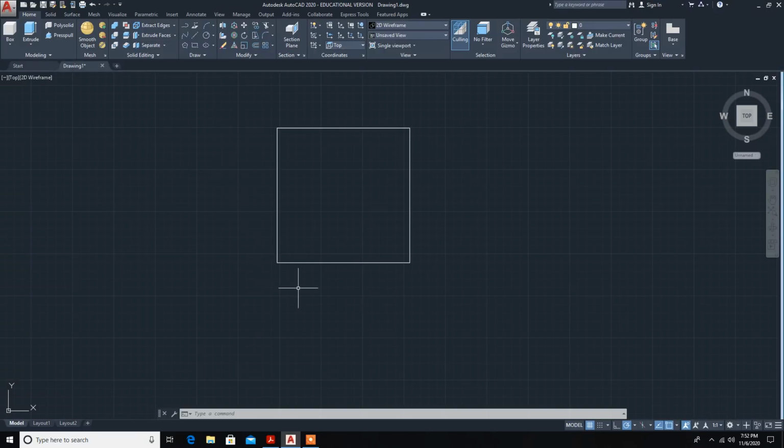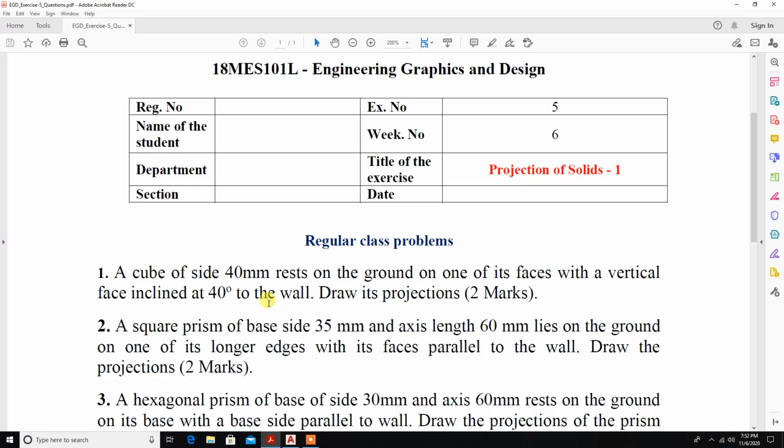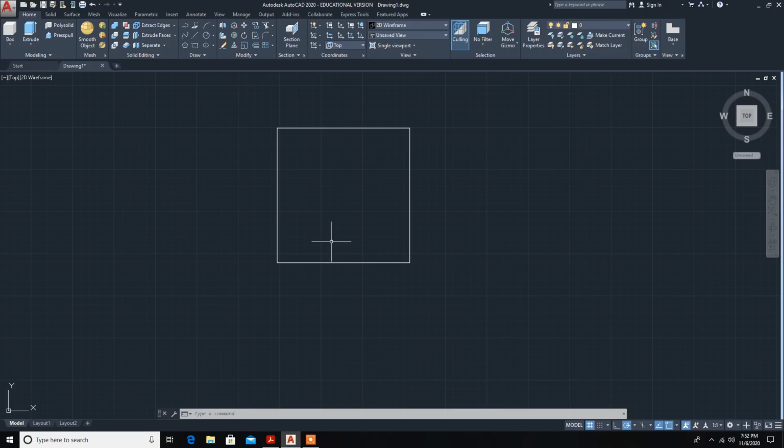Now, next part, here we have that the face is inclined at 40 degrees to the wall. So we have to rotate this cube to 40 degrees to the wall. So we will use the rotate command and rotate it to 40 degrees. Here this is the symbol for rotate, or you can type the rotate command in the command line, or you can click here rotate.